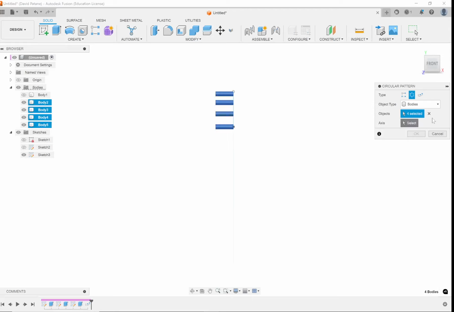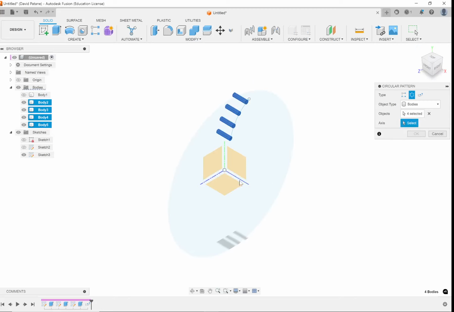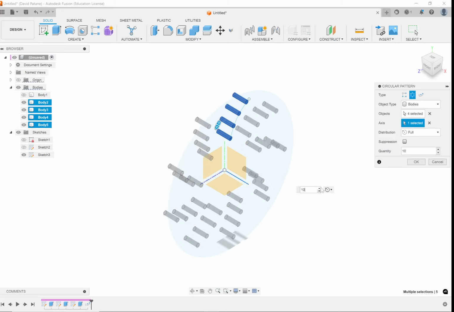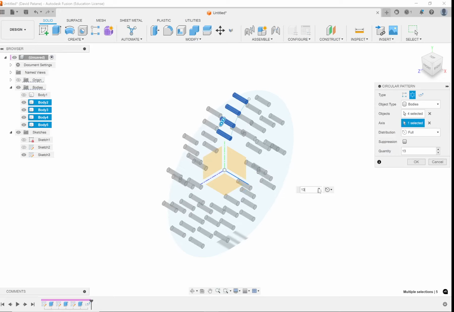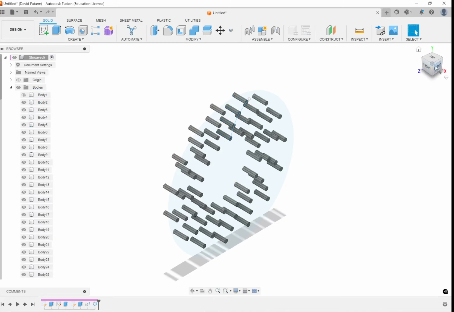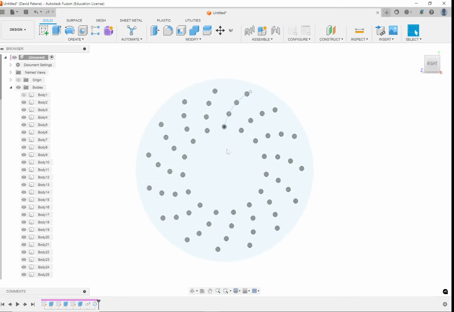I can select these 4 bodies. I can choose to rotate them around like that, and I can make... So now this is where I've made, what's 4 times 15 is 60 holes, basically instantly. I've made these 60 holes in my brake, and I can then